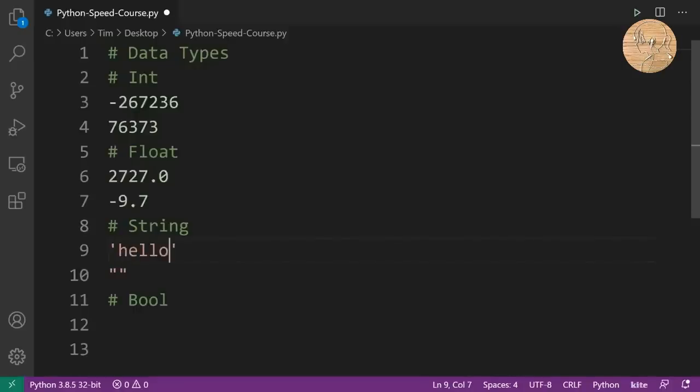So if I type something like 'hello' and I type something like "hello", these two strings are actually completely equivalent. It does not matter whether you use single or double quotation marks, there is no difference. I will note that if you want to embed a double quotation mark or a single quotation mark in the actual string itself, then you would usually wrap the string with the opposite type of quotation mark. In this case, I want to have this double quotation mark inside the string, so I wrap the string